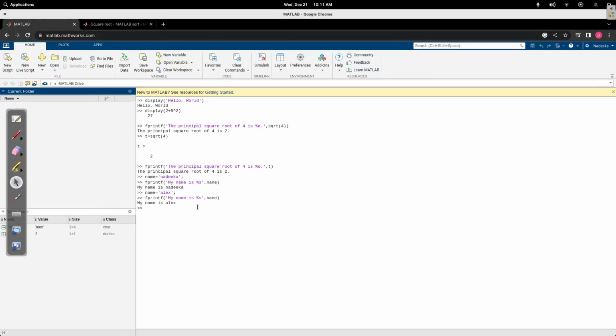Okay, up to now we entered all the commands in the MATLAB command window. This is fine if we are entering commands one line or two lines at a time. But if several lines have to work together, it's better to write them as a MATLAB script. So to write a MATLAB script, here